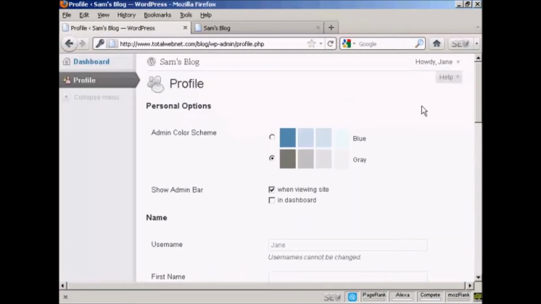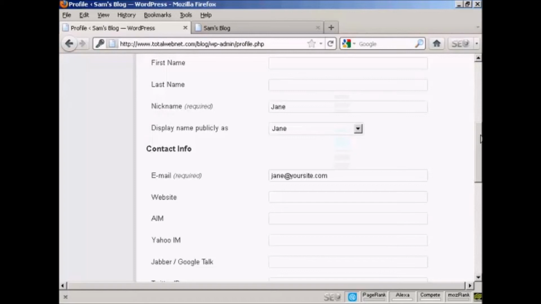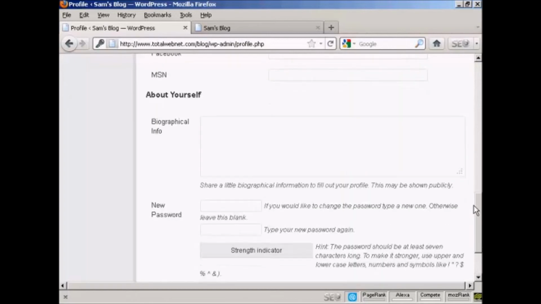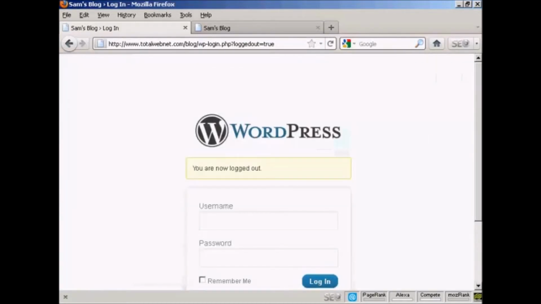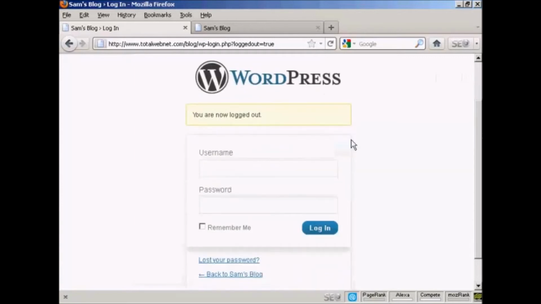And there you go, you can see that Jane's options are very limited indeed. All she can do is update her profile and her contact information. Okay, if I just log out again, and log in as administrator,